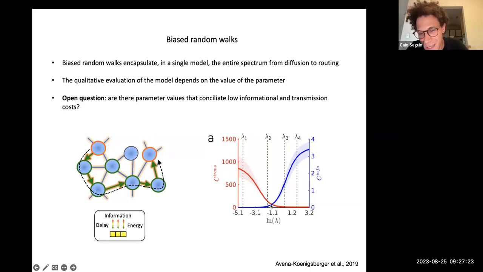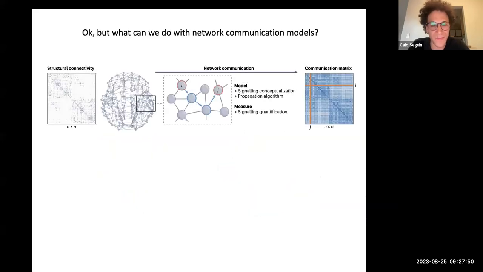So what you're saying is that you can decrease the cost of transmitting information a lot without actually endowing the system with a lot of information. So maybe there's a sweet spot for this parameter in which you could realize efficient message passing without actually requiring global information of the system. But this is a very new model and no one has really done that, but I think it's kind of cool. So these are biased random walks.